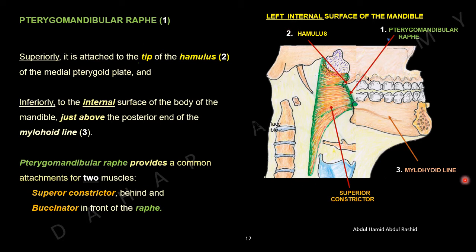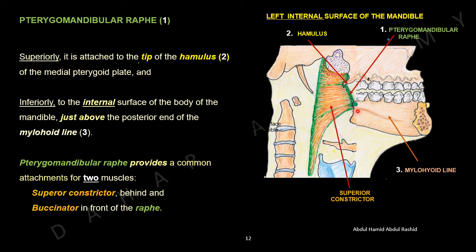Let's see the diagram first. This diagram is the left internal surface of the mandible. These are the internal surface of the left half of the mandible. So this is the left medial pterygoid plate. This is a little process called the hamulus. Here is the internal surface of the mandible, and this is the third molar tooth. Between the hamulus and this internal surface of the mandible is a raphe called